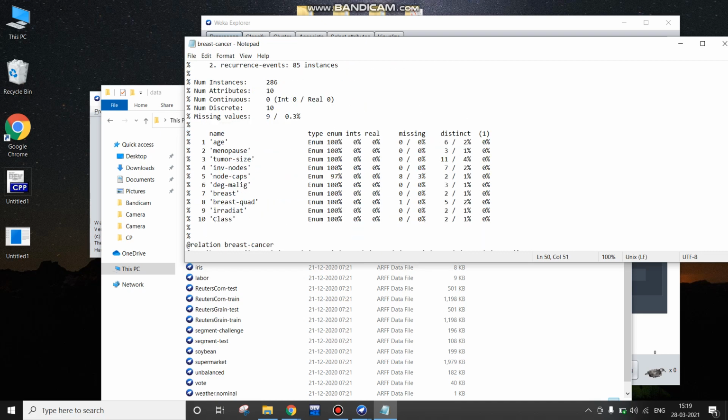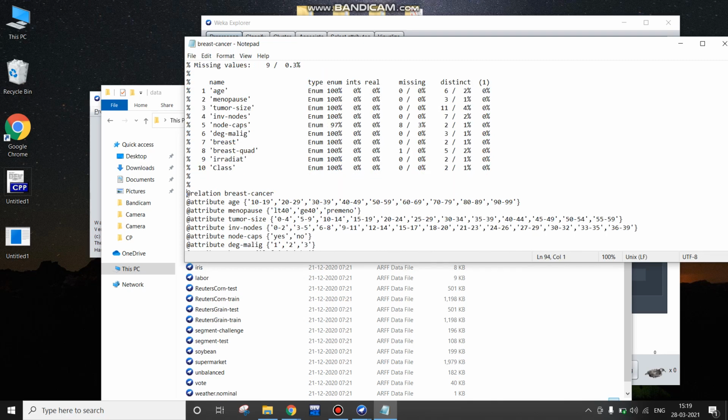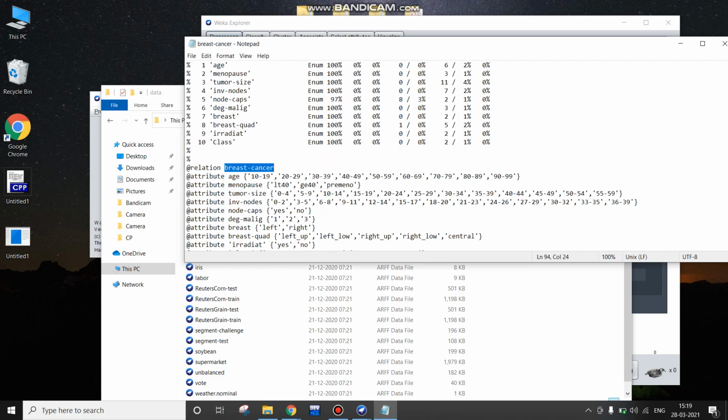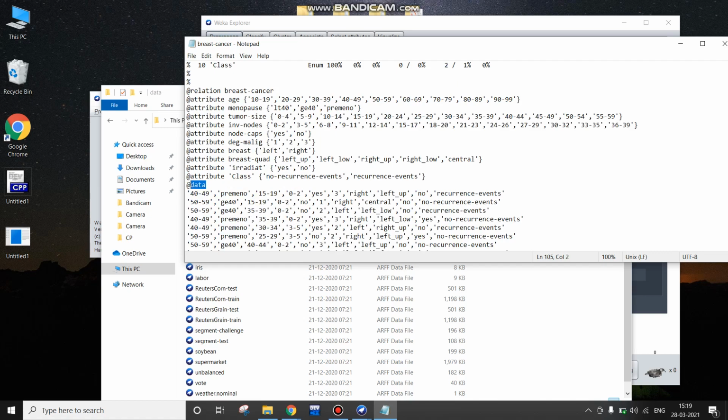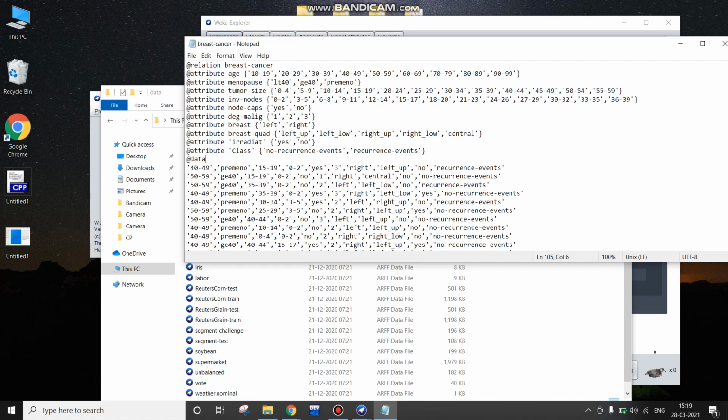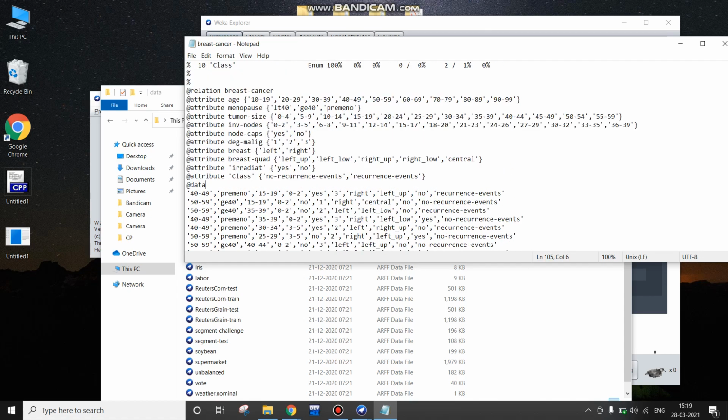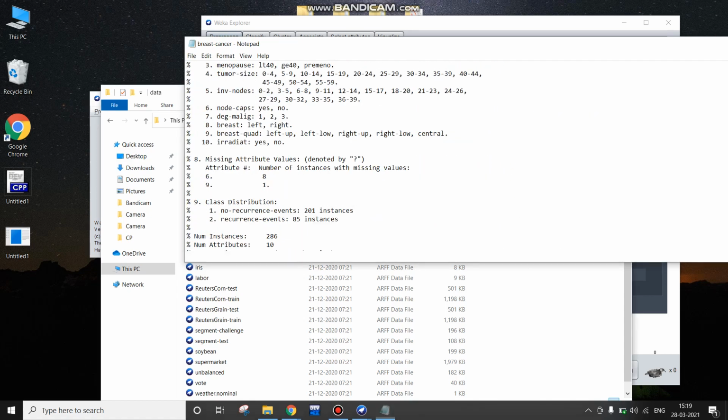After that it contains information about the number of instances, missing values, etc. Then this is the relation, which is the name of the database, and these are the attributes with the @attribute tag. For each attribute certain specifications are given, like for age, these are the age groups used in this dataset. After that @data will be there, and these are the data records. So this is how the ARFF file looks.